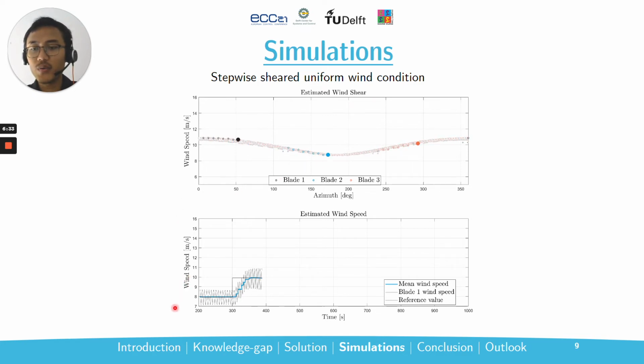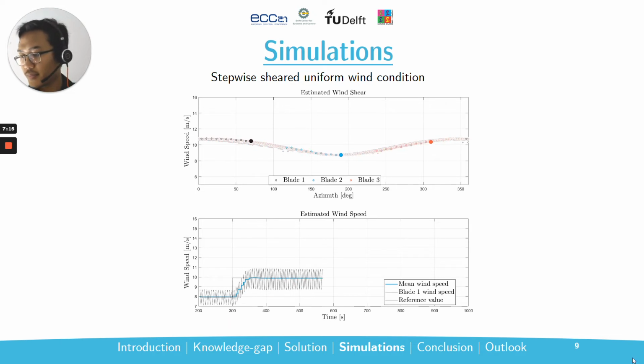And here in the second figure, we see the wind speed evolution, and we can see the reference value, which is the stepwise wind here. We also have the mean wind speed from the SPRE, which is shown as the blue lines here, and also the blade effective wind speed estimation shown in this black line in a sinusoid kind of behavior. And here we see at about 10 meters per second our wind speed estimate,